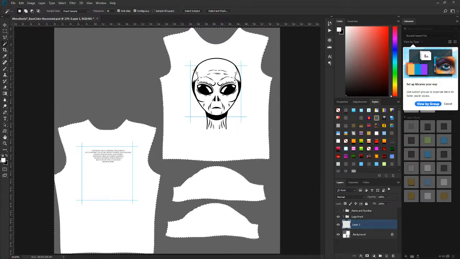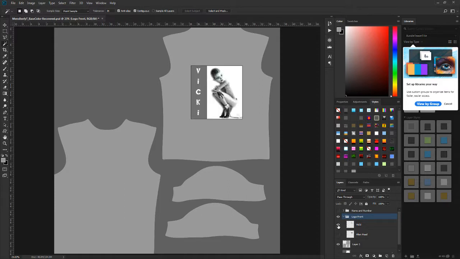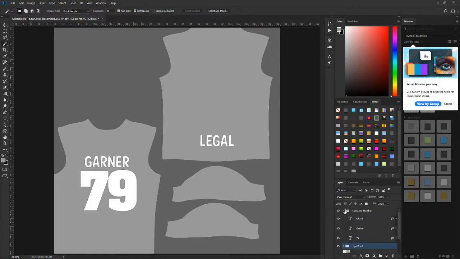So I have these areas, and I can go in here and give myself a backing color, really whatever you wanted. I'm going to make it gray in this case. Okay, so there we have our little guide graphic. And I've set up these presets for you, which are on the included shirts, just to give you an idea of placement when you do your own. And also set up this basic name and number,